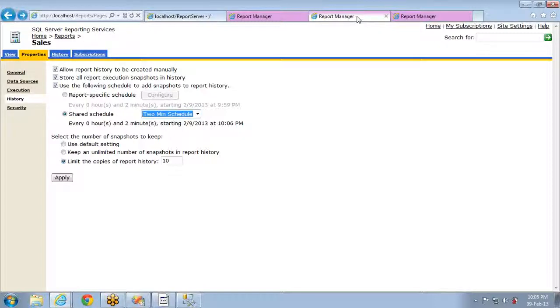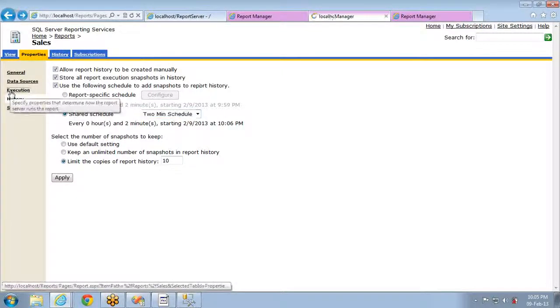A schedule is the one which tells you what the schedule of the school is. There will be 6 subjects per day. This is the schedule for each and every class. In the same way, it will alert the report manager that time has come to execute the report or do some particular task. So this is the shared schedule, and this is about snapshot reporting.